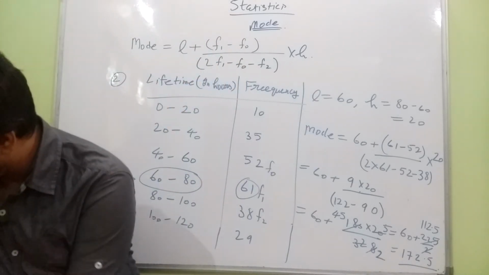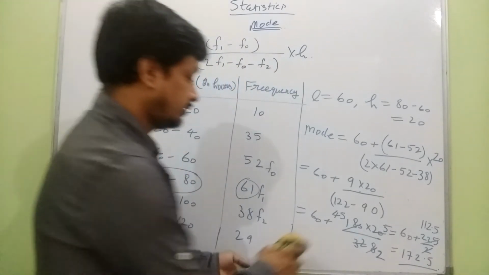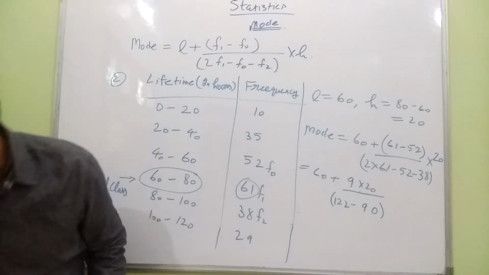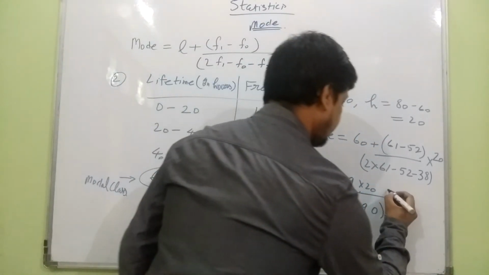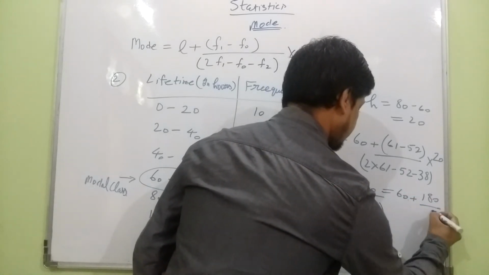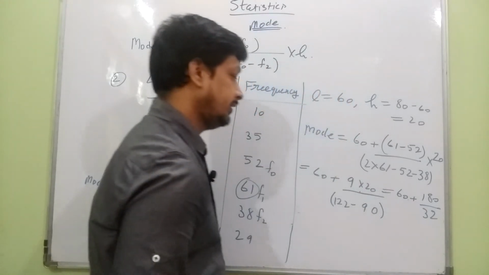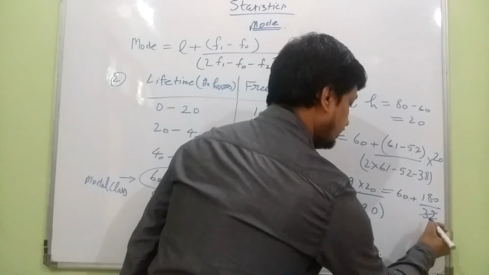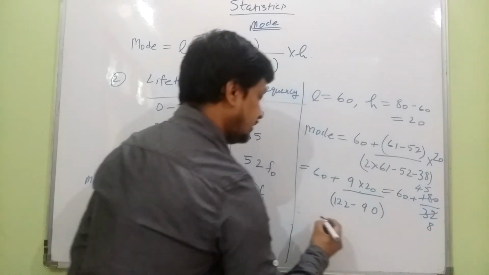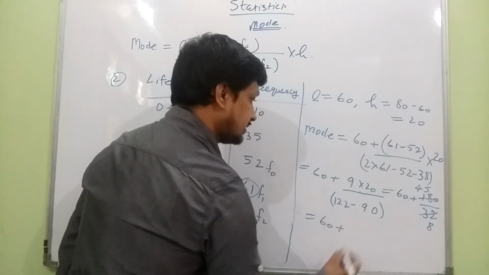So we can correct it. It will be 60 plus 180 upon 32. Okay. Now you can reduce it. 4 8 is 32, 4 4 is 16, 4 5 is 20. So it will be 60 plus 8,